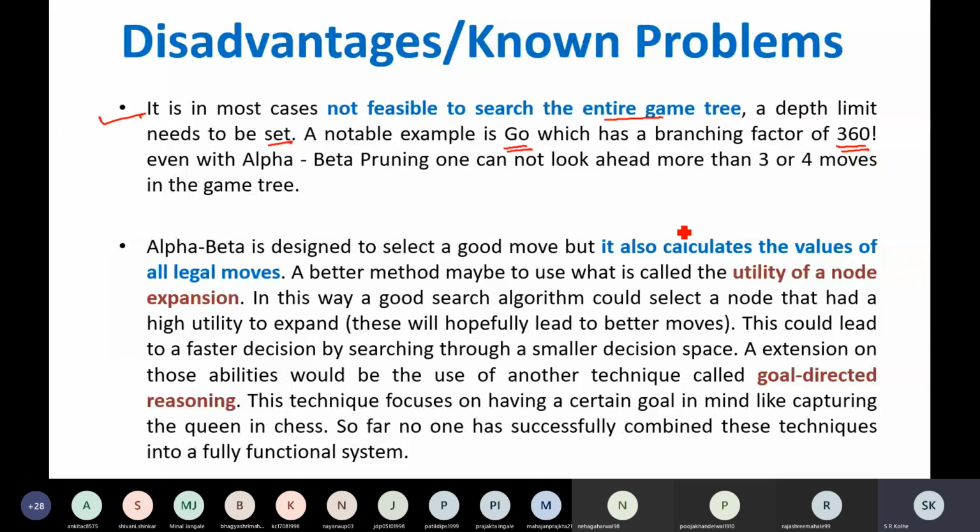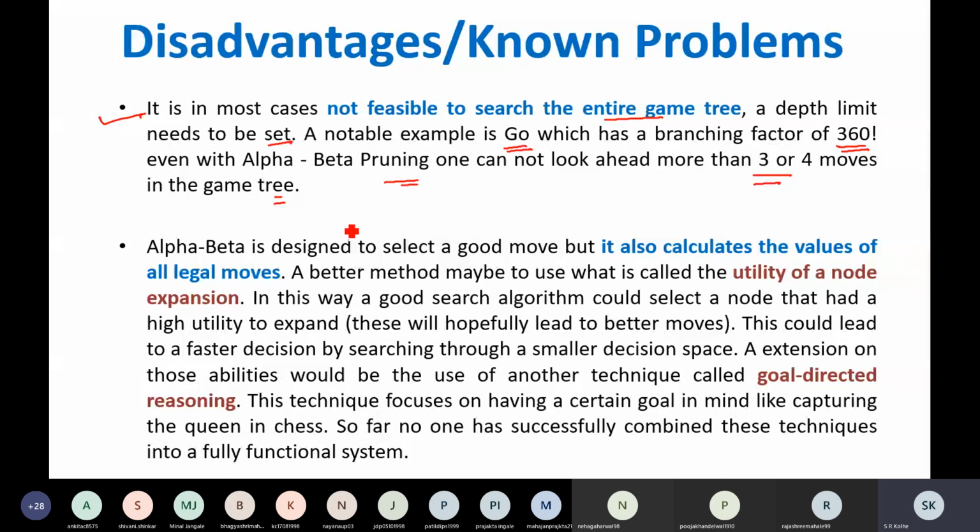See, huge branching factor. Even with alpha beta pruning algorithm, one cannot look ahead more than 3 or 4 moves deep in the game tree. So in that particular case, even alpha beta cutoff will not give you an efficient solution.